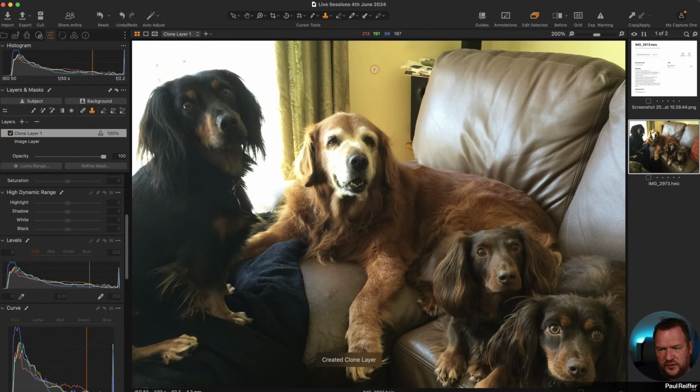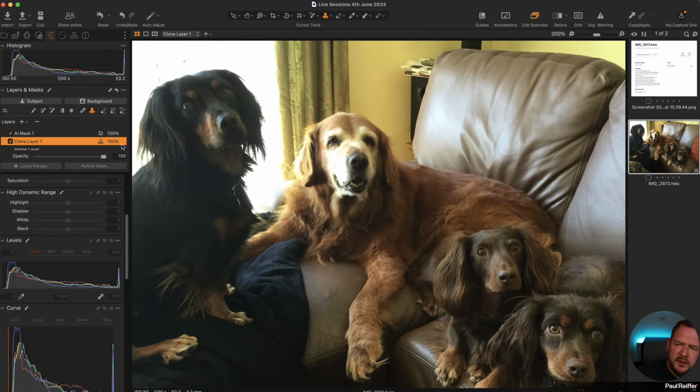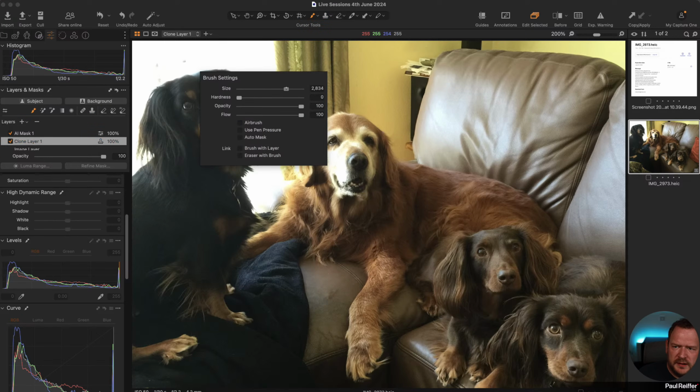If I take, for instance, here and start painting a mask in here, obviously that's going to be really difficult because of the area around the dog. I could make that mask a... Can I actually? Ooh. Can I make an AI mask as a clone? I don't think I can, no. I don't think you can use AI on the clone layer. What I could do, however, is draw on my clone layer